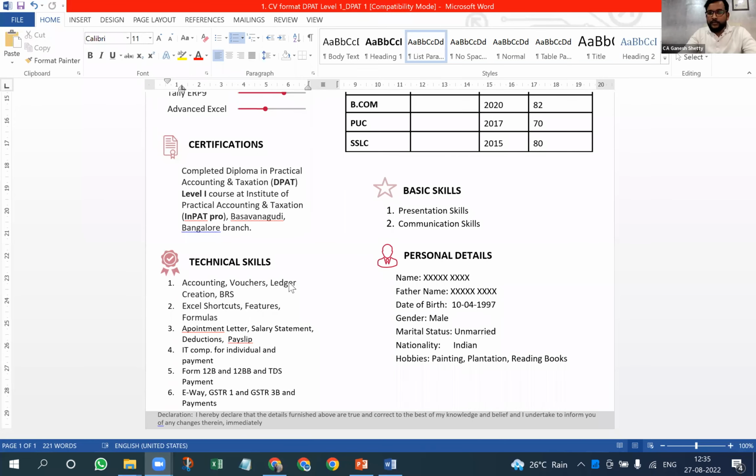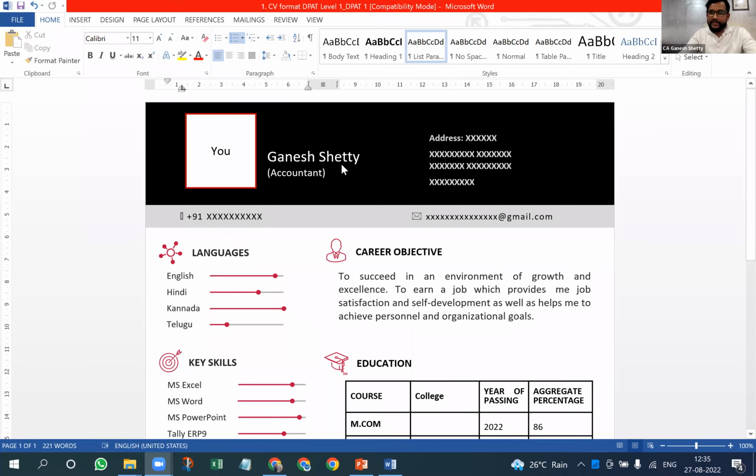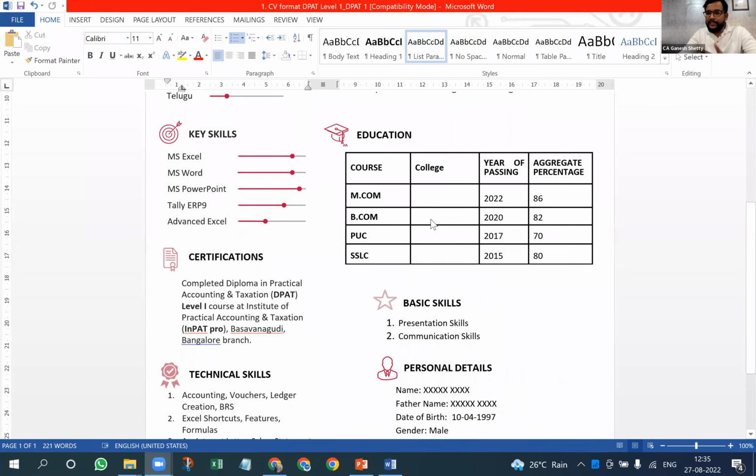Should we mention CV or resume before basic details? Yeah, the highlight should be CV or resume. I showed you one of the formats, right? I have prepared one other format, which is the final format of the student. In this, see, I have highlighted Ganesh Shetty. That's enough. I could have written CV or resume or whatever it is, but I'm writing my name. Nowhere have I written it as a CV. That is not a problem.